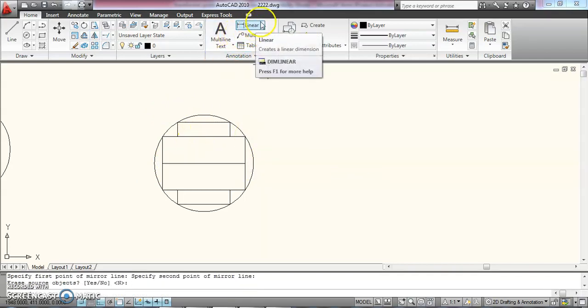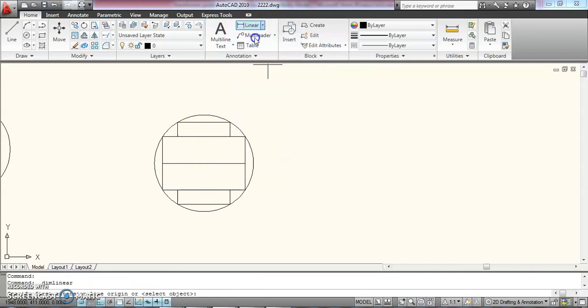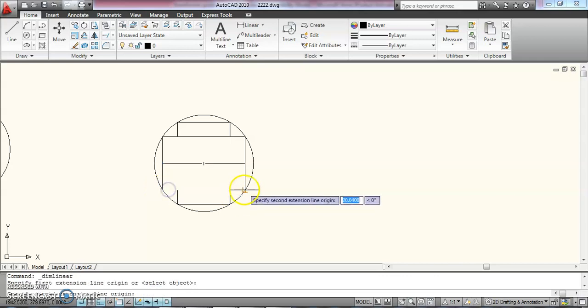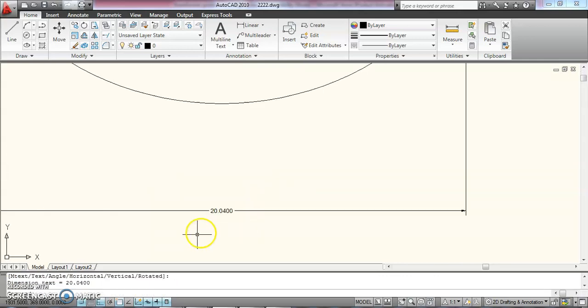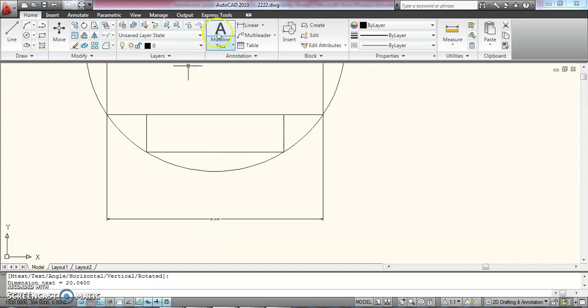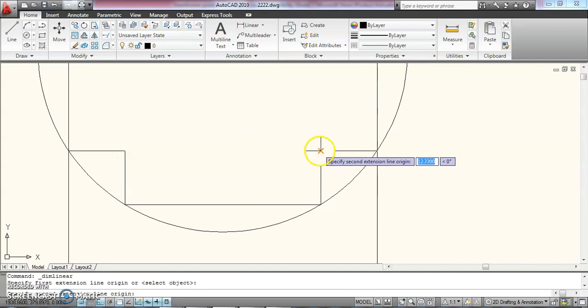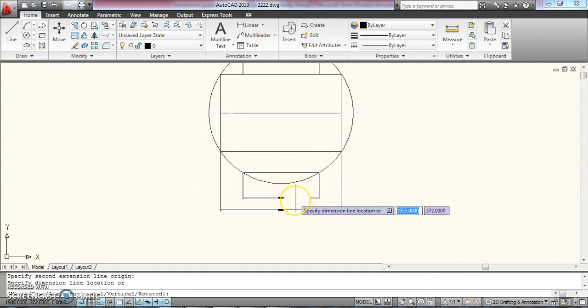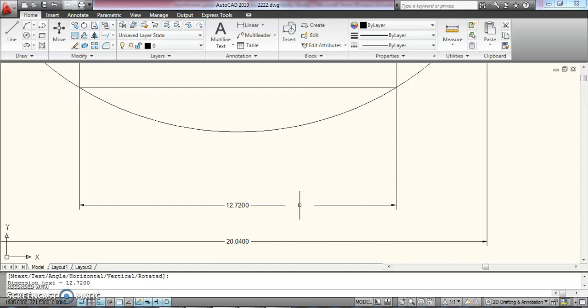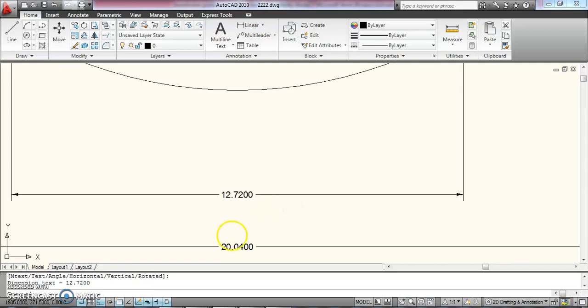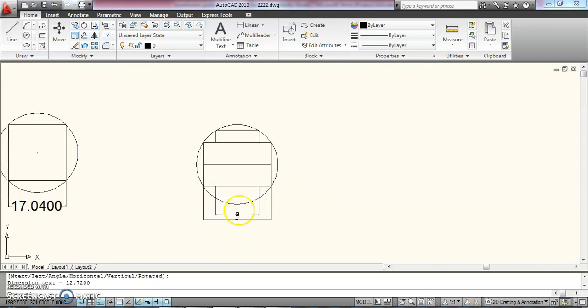So what is the value here? In the two-step code, you can see here. Let me show the first step, what you got. The first step is this one, 20.04. Is it visible? Another stamping width is how much? You can click over here. A is 12.72, B is 20.04. Understood? This is two stamping.